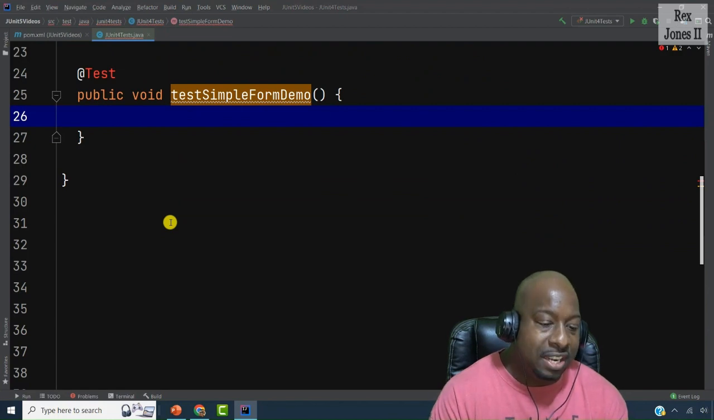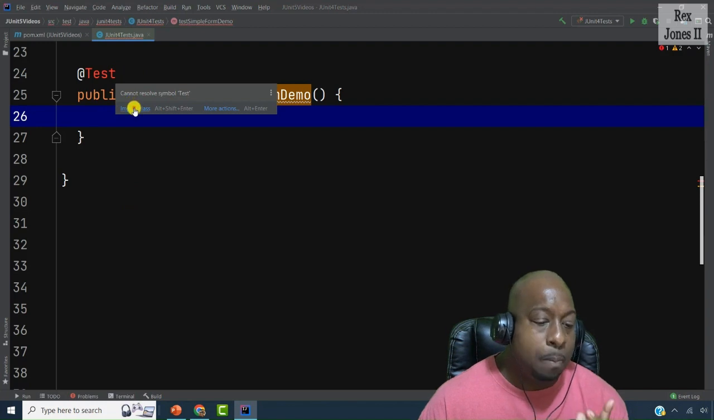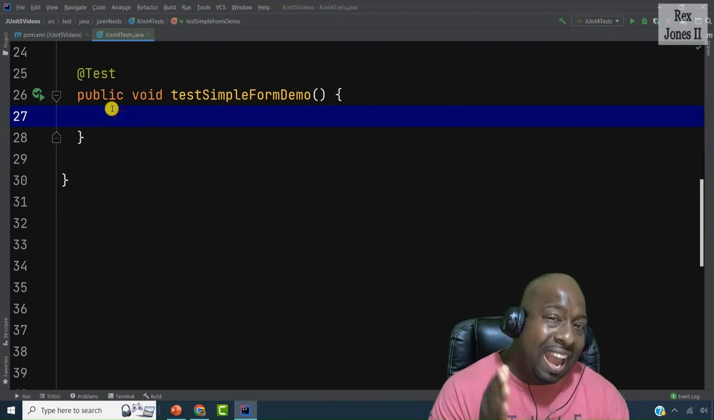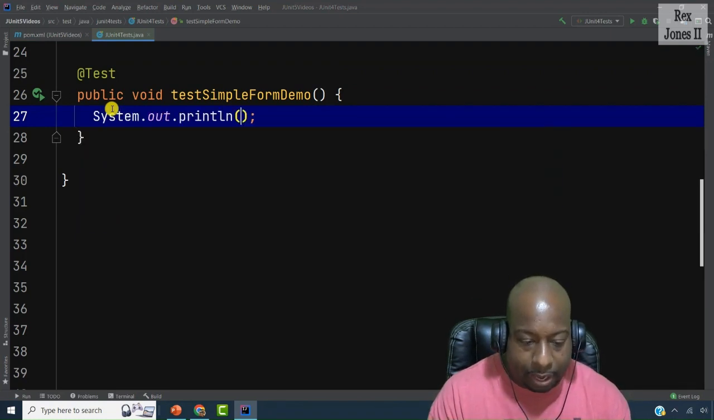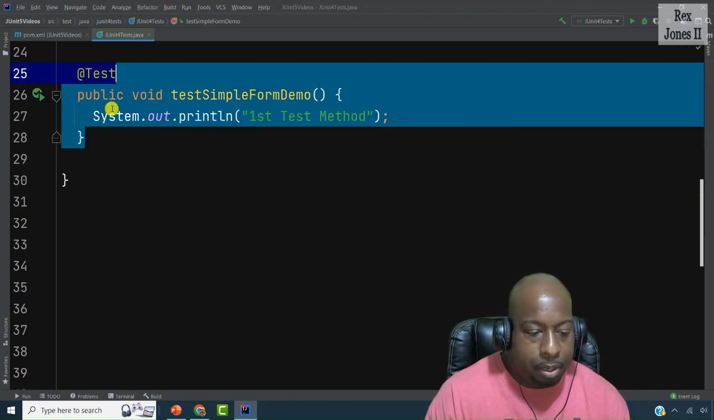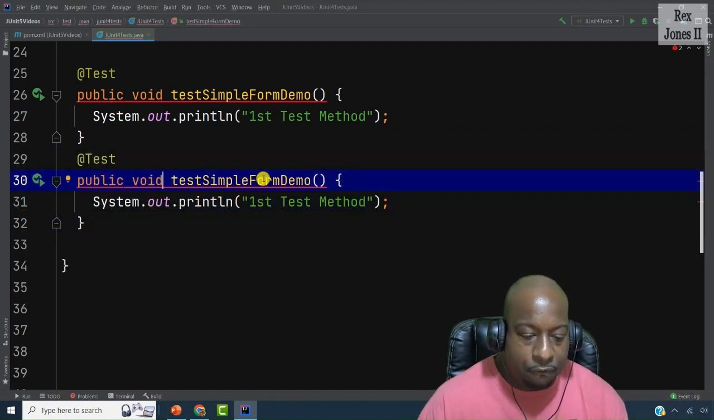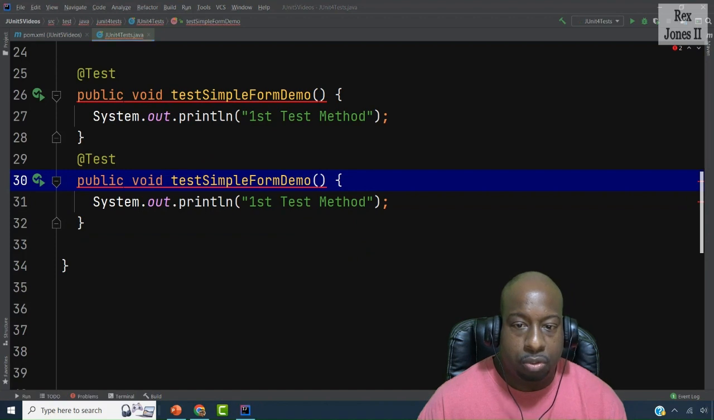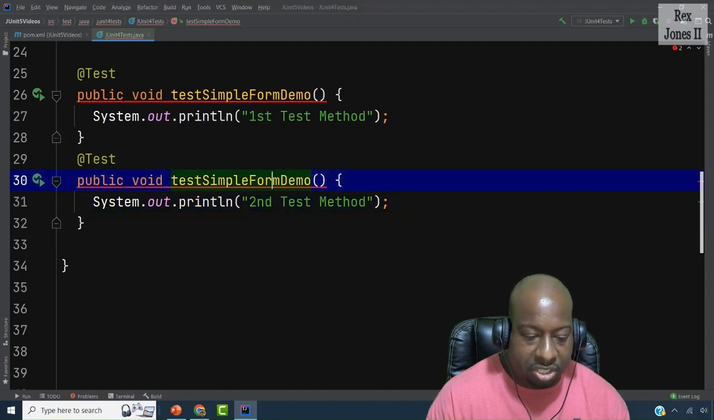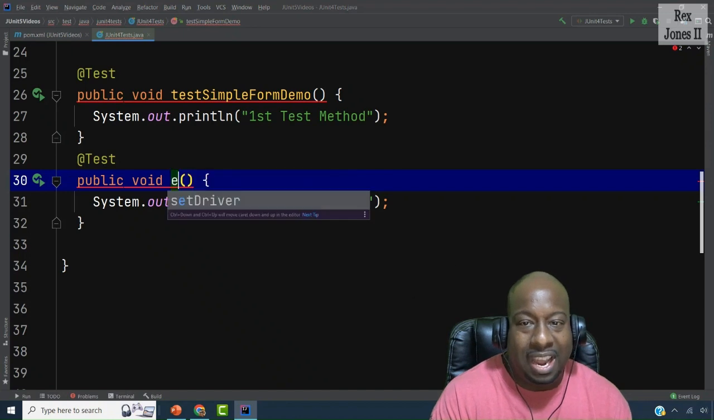Now, also we see test is written in red. That's because we have not imported. Now, for now, I will only add a print statement by writing first test method. Copy this first test method, then paste. And I'm going to change first test method to second test method. Also change the name of the method from test simple form demo to execute